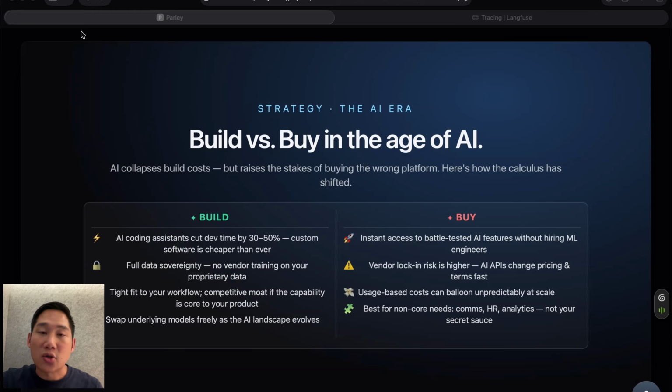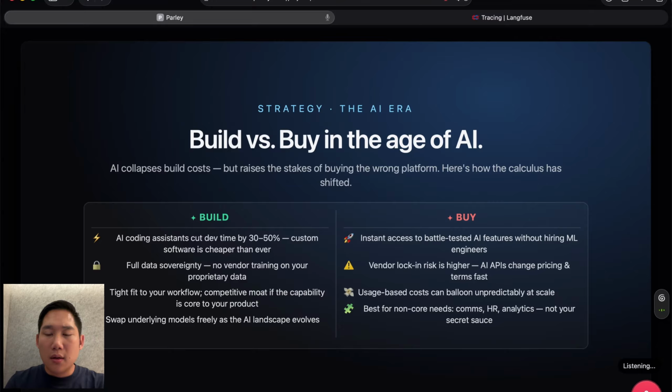So this slide is actually just about how we think about building software versus buying software, especially for enterprise customers. The calculus has changed a bit, so I wanted to flesh out these thoughts. What I'm going to do is all I have to do is push space on this slide here, and then it's going to turn on the microphone, and I'm going to just voice the changes that I want to make